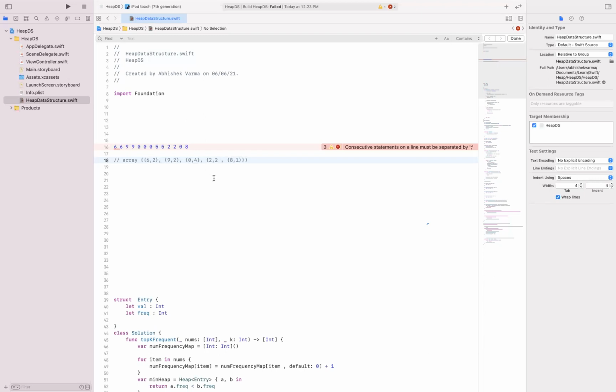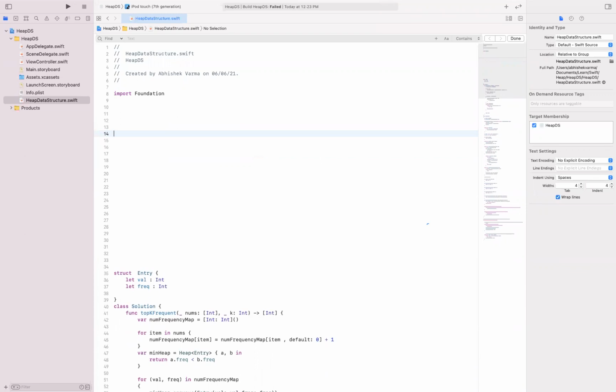We will make a frequency map and sort the array based on frequency, so that whatever has the highest frequency comes first and whatever has the lowest frequency goes backward in the array, and we just pick the first k elements, from index 0 to k minus 1.